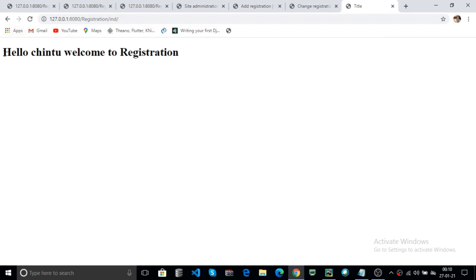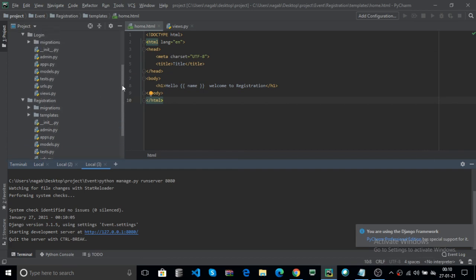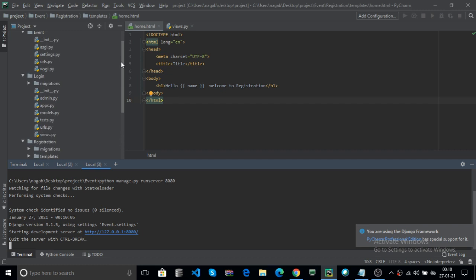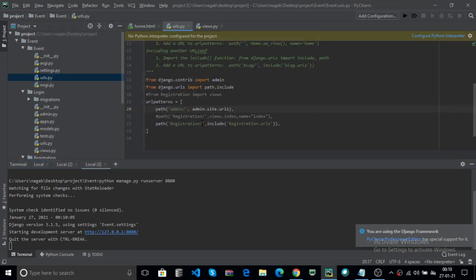Here hello Chintu, this is the name. Welcome to the registration. Here, instead of your home page containing empty data, like file not found, you can use, in that urls.py, you can pass the empty string here.